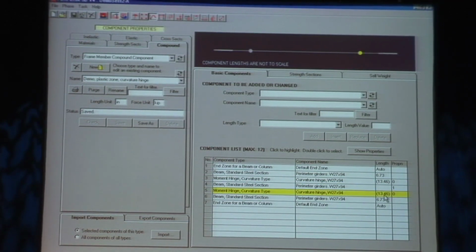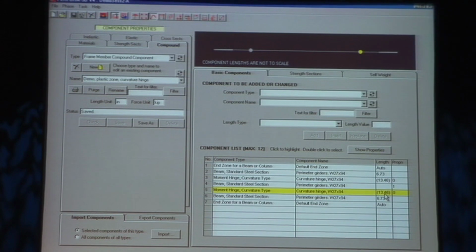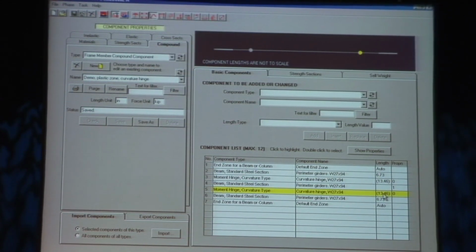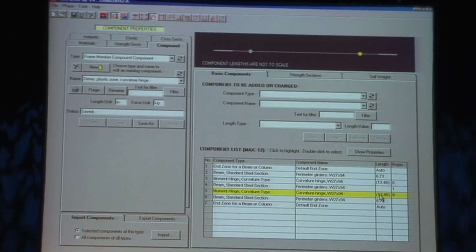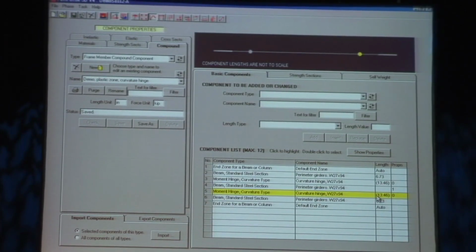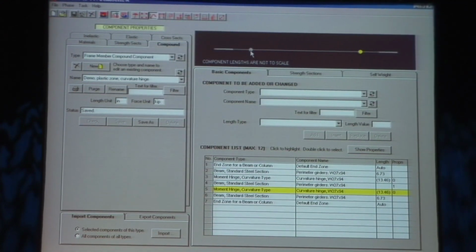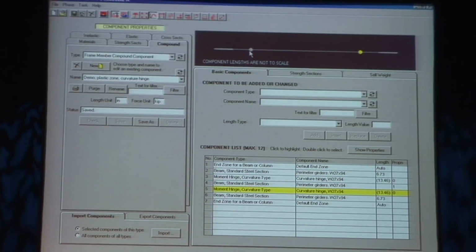And the other thing about this is the curvature hinge has got a tributary length. It would take me a little while to explain this, but basically it says that this 13.46 is 1/2 the depth of the beam. So it's actually saying, let's use a plastic zone here with a moment curvature relationship designed by this hinge. And let's make this plastic zone 1/2 the depth of the beam. So you position it 1/4 the depth out, you assign a tributary length 1/2 the depth, and you've got a